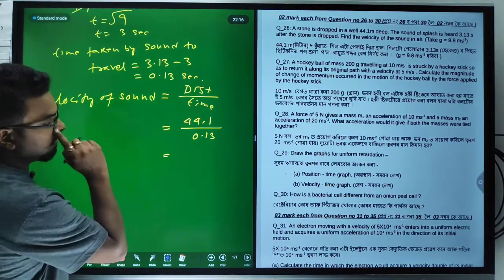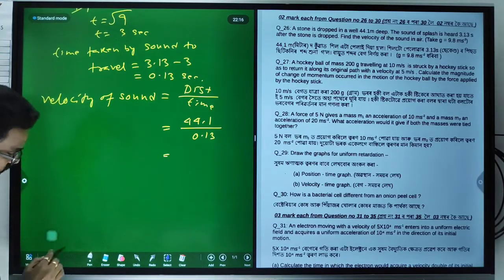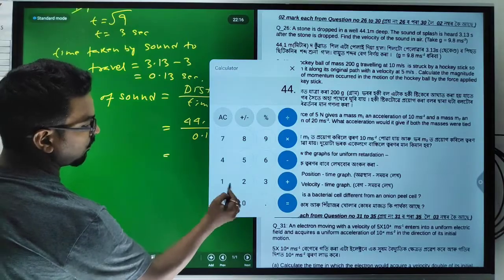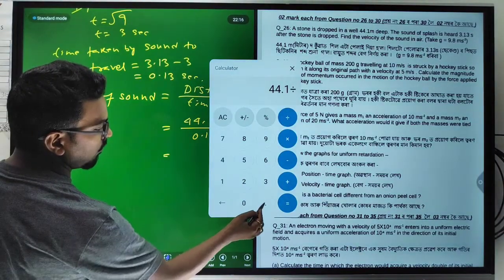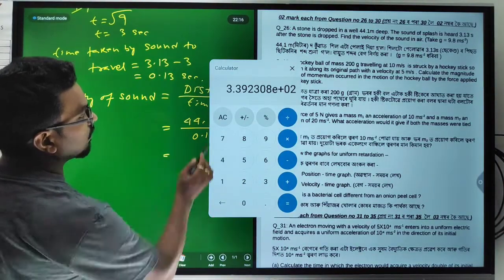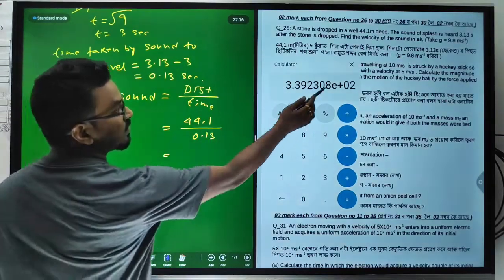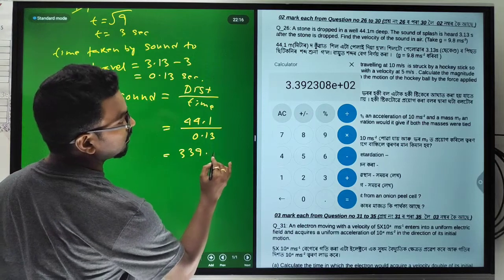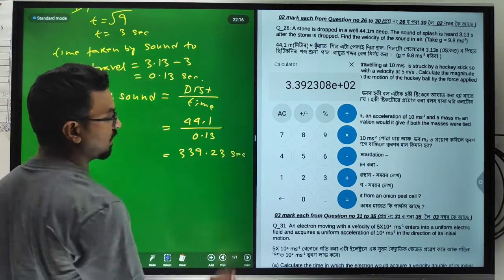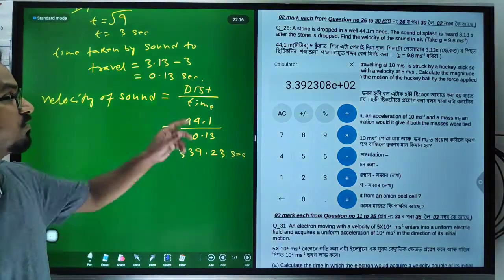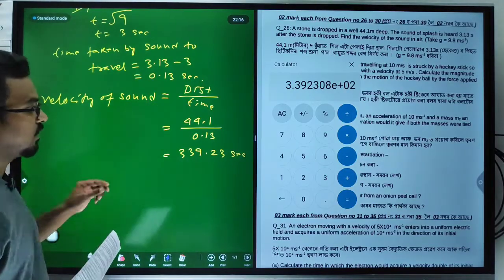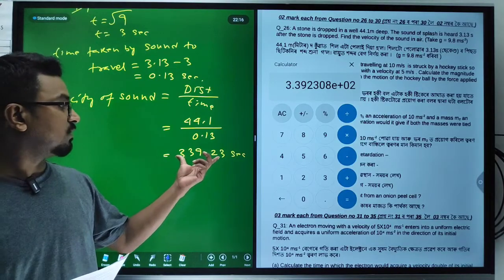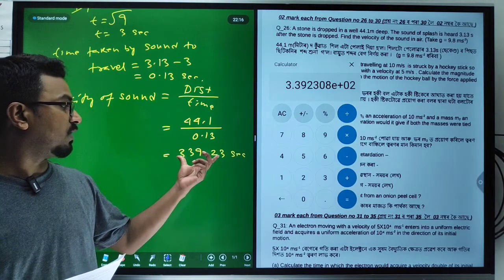So if you divide it, how much will you get? 44.1 divided by 0.13. It is given in exponential form. Okay, so this will become 339.23. After dropping the stone, the velocity of the sound is traveling at